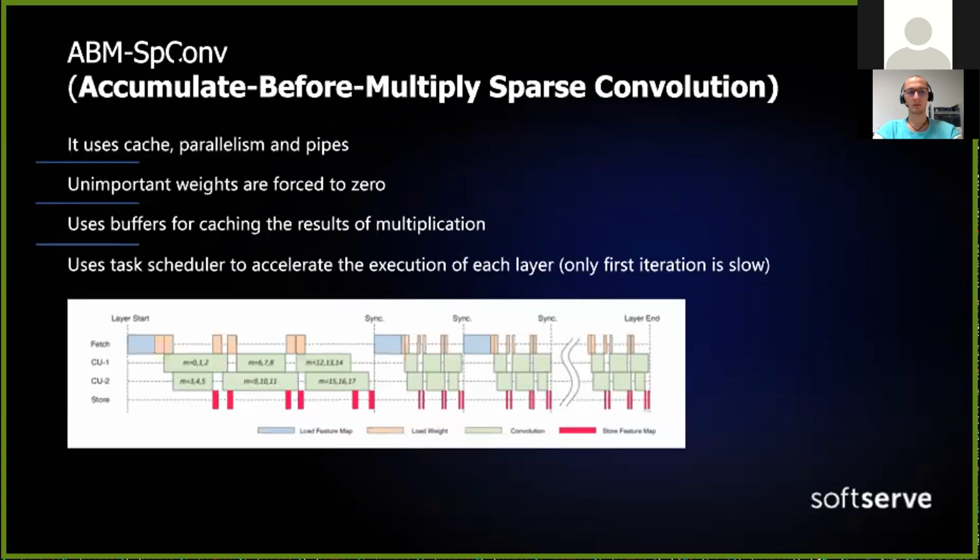And ABM SPConv, it is accumulate before multiply sparse convolution. It's a very new approach that is from the article of 2019. It is a process that has some differences from simple matrix multiplication because they don't use im2col and repatch operations. They just use convolution on the FPGA, but